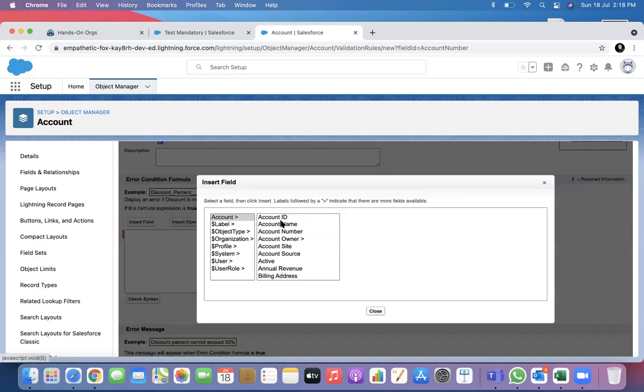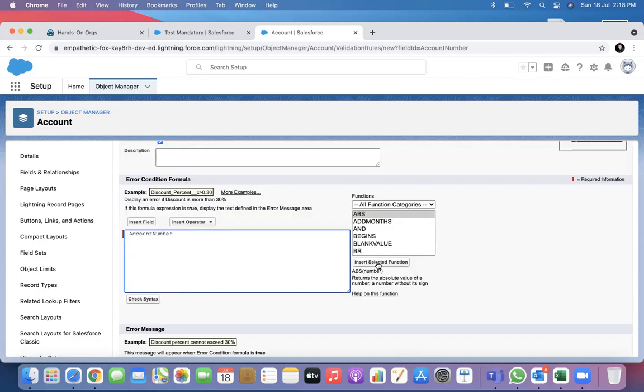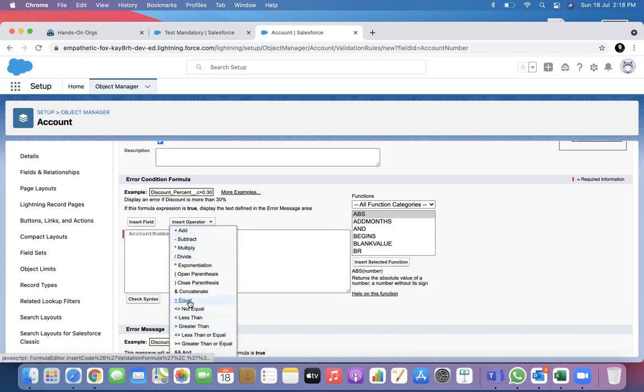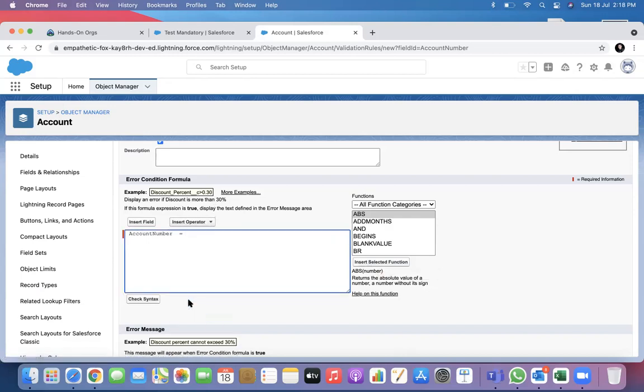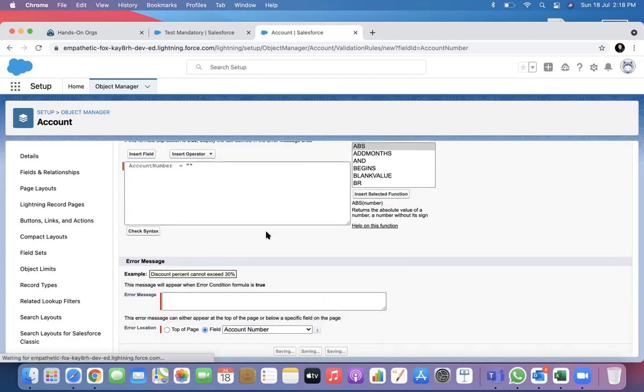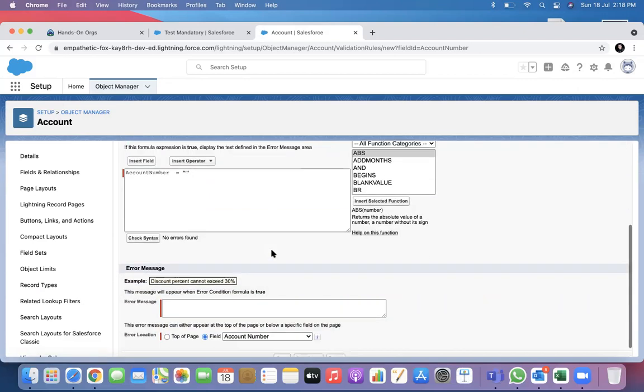So I can go to account number, equal to quotation, is blank, right? Let's check syntax. No errors found.